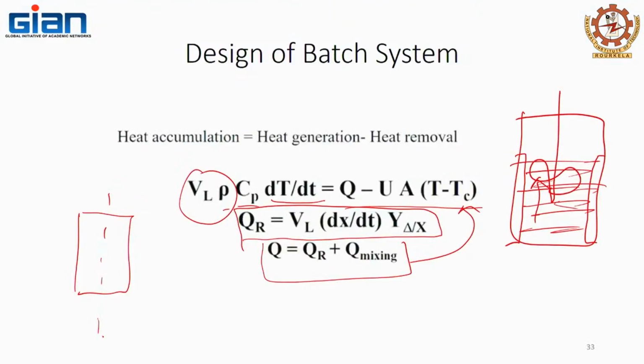But the condition for those Heisler charts was that the condition at the surface is maintained throughout the process. It is not changing, but here the things are changing. So, what it means is, let us say if this is a slab, we will always look at the symmetry, and if this is your x is equal to 0, this becomes your x is equal to L,